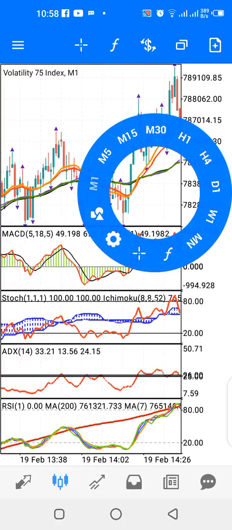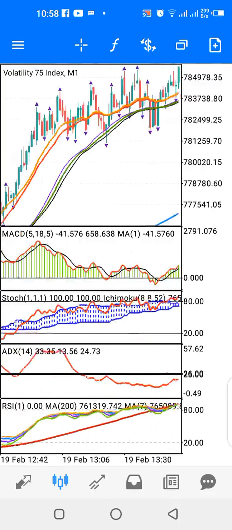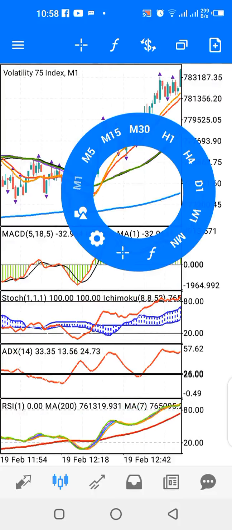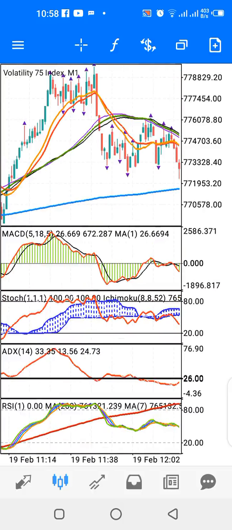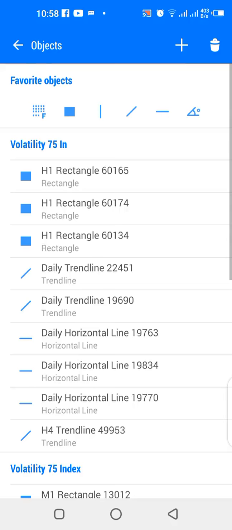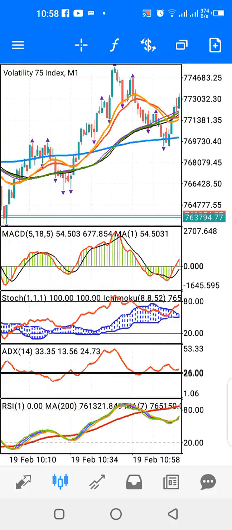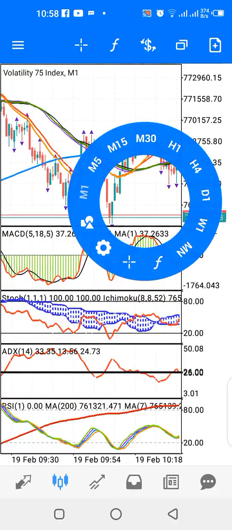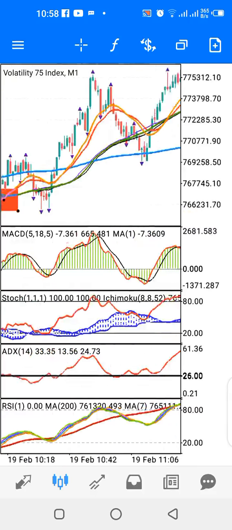Okay, like a cross up around here, for you to buy. Another cross up for you to buy. This is a cross down for you to sell. Okay, this is a clear cross up for you to buy. But before then,